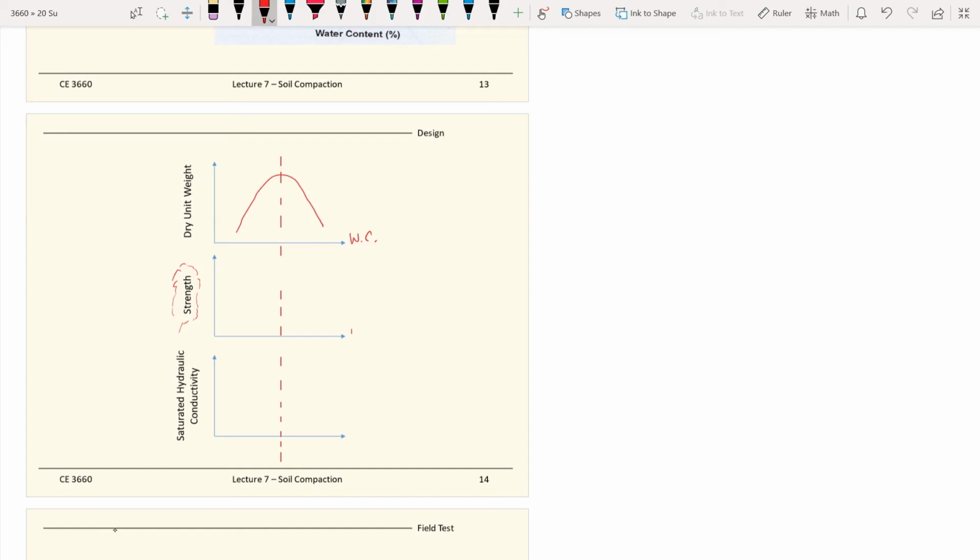And past research has told us that strength depends on water content, and you will have the maximum strength a little bit dry of optimum. Remember we talked about this before too. If this is the left-hand side of your optimum, this is dry of optimum. And if it is the right-hand side of optimum, that will be wet of optimum. And we know that the strength